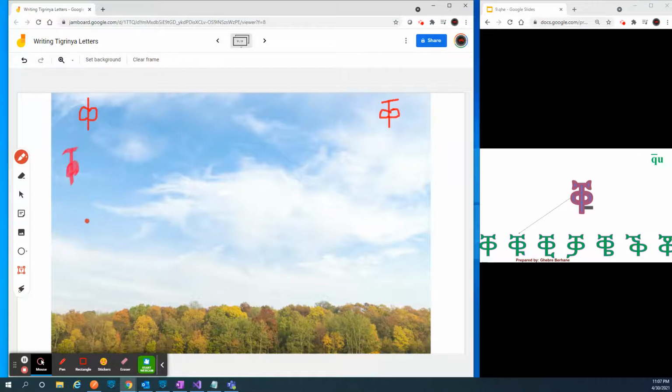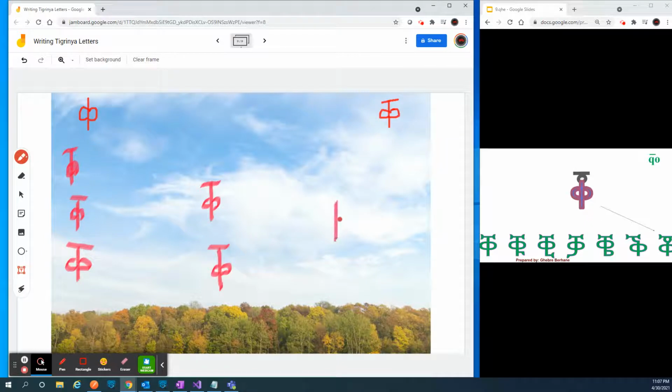One q, another q, a third one, a fourth one, fifth, okay, 7 of those. The reason why I'm doing 7 is because I want to show you how to write